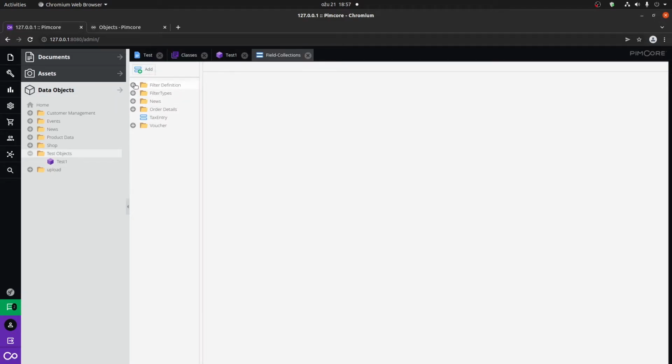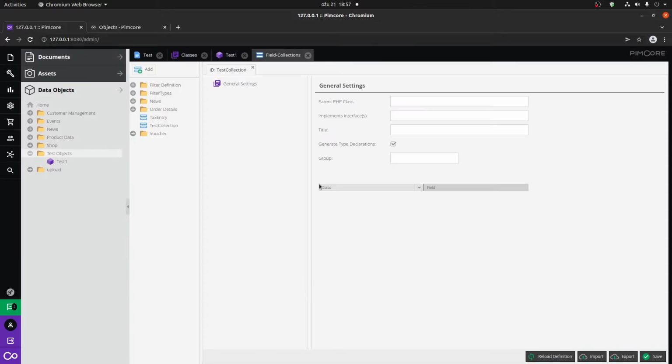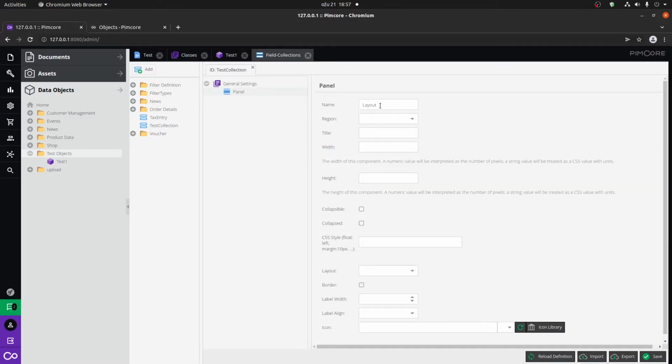Here you'll see all of the field collections that are already made in the demo. But we're going to create a new one, call it Test Collection. As you can see, it's pretty similar to creating a class. Here we're just going to add a panel, so no tab panel, just a normal panel. Call it test data,